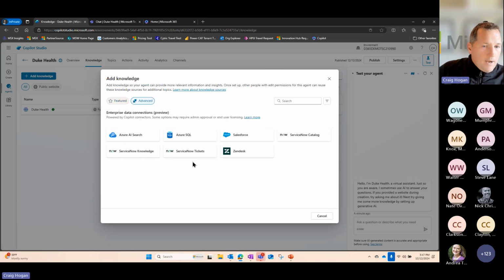But if I have a different knowledge source that I want to ground this agent in, ServiceNow, Salesforce, Zendesk, I can now make that one of the connections for my agent's knowledge. So a lot more flexibility. I can get very prescriptive: look here and only here as the knowledge source you use.